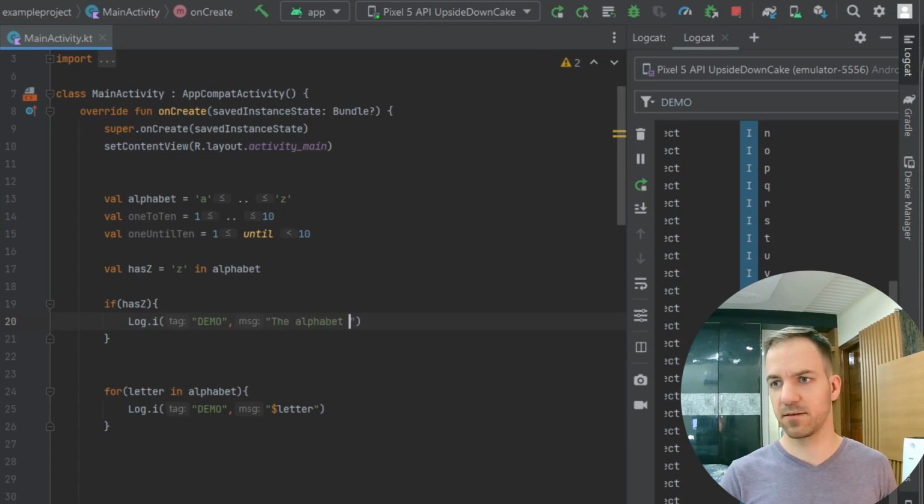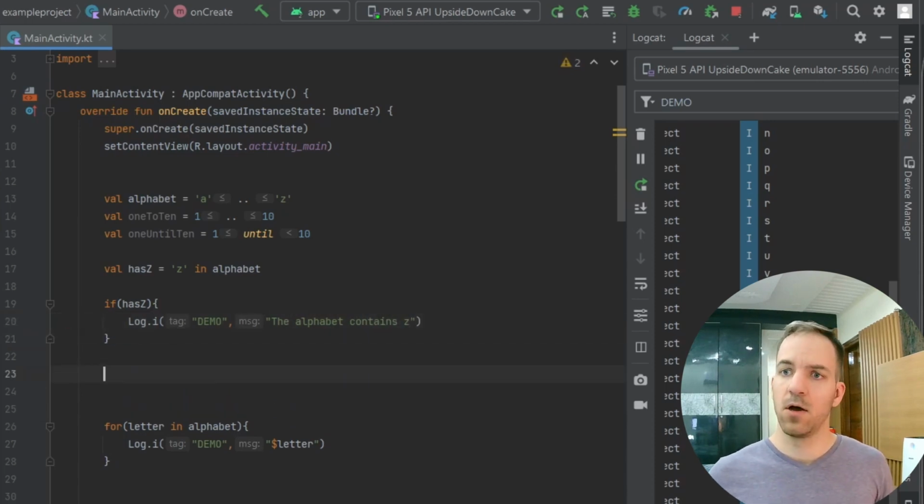The alphabet contains Z. Okay, moving along after that, let's say I want to count not up to 10 or 20 or 50 or whatever,